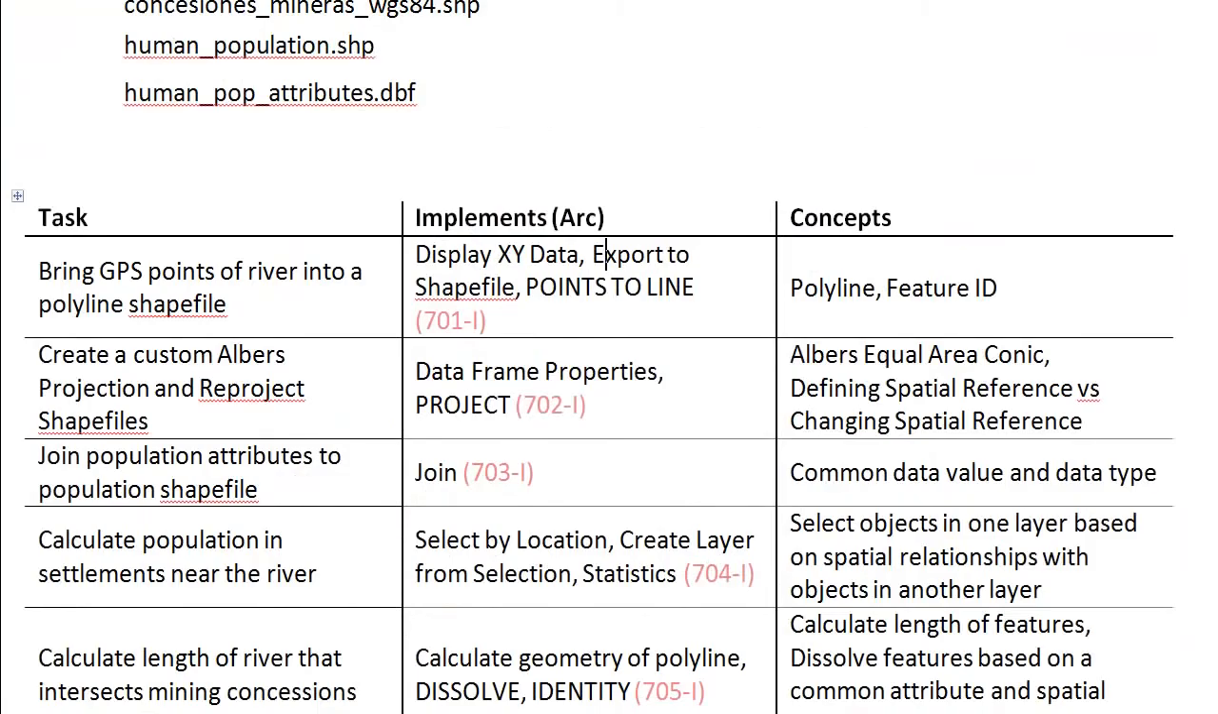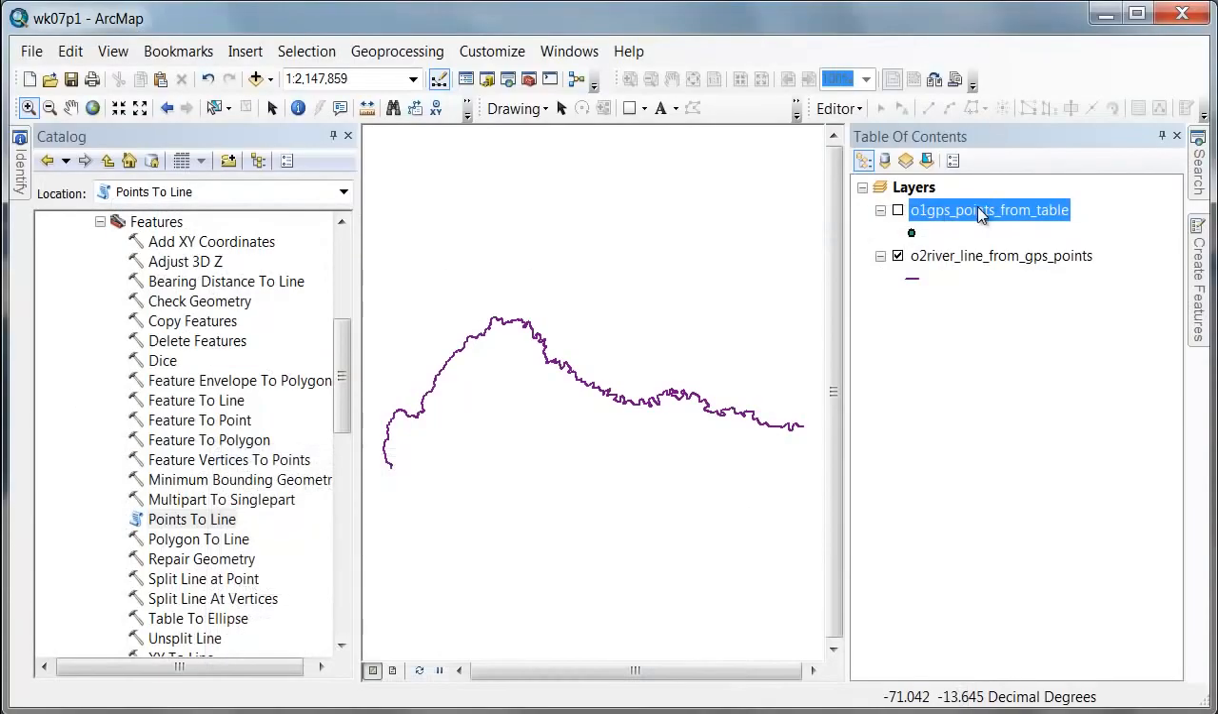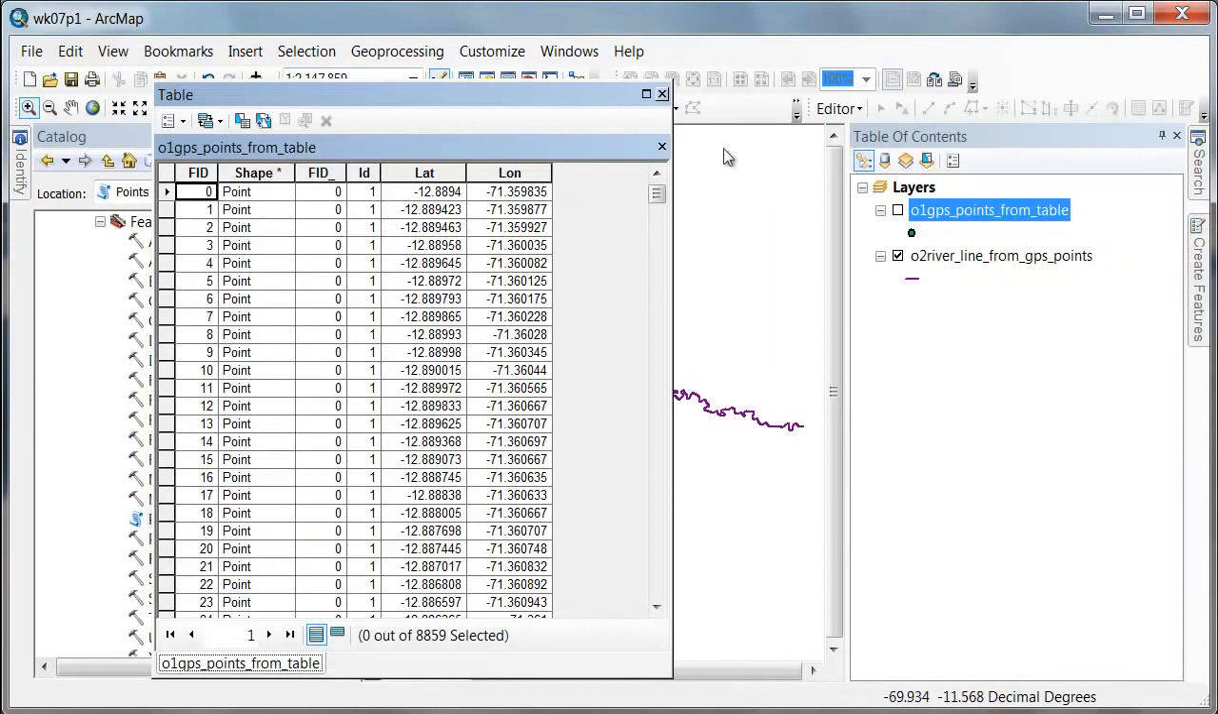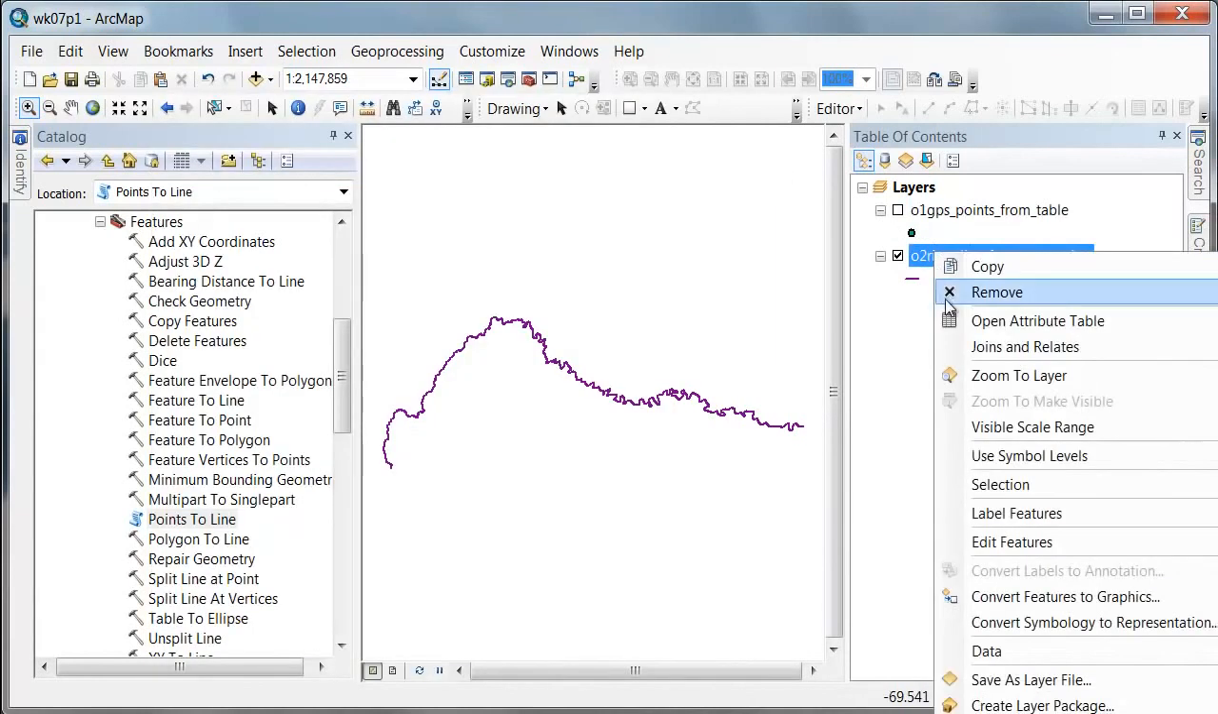That completes this step. We've done these 3 implements. We created a polyline, and we've talked briefly about a FID or an object ID, which is a unique identifier for each instance of a feature. So each point, or each line, in this case there's only one,